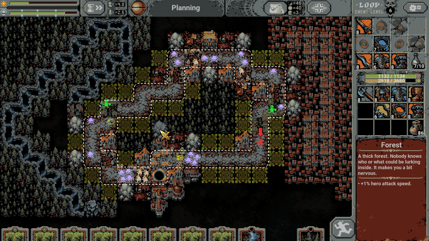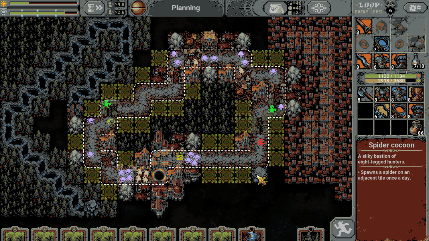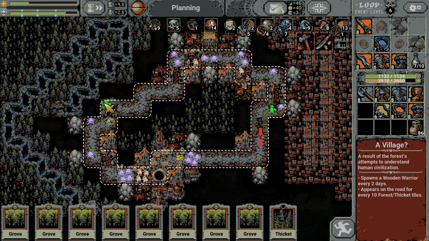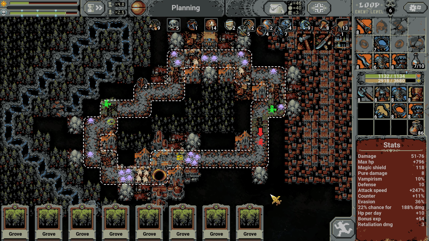More spiders. Where would we like them? Kind of want to flood tiles that I know I'm not interested in. We'll put some there for sure. I'm not interested in getting these little guys, so you can flood these tiles with spiders and possibly avoid it. Okay,